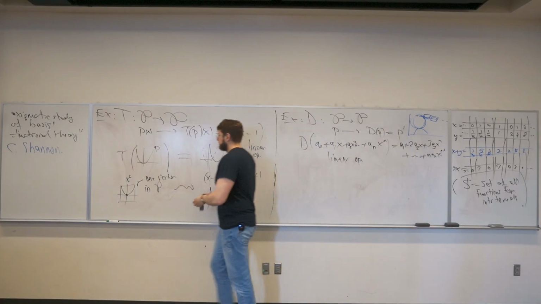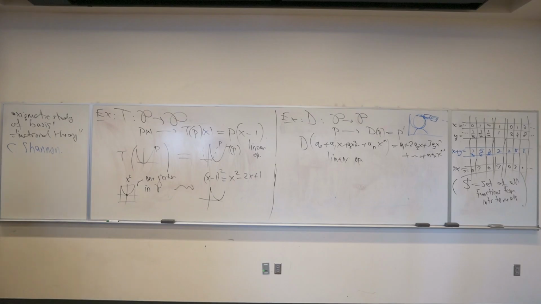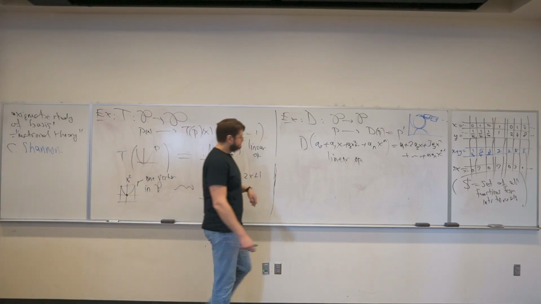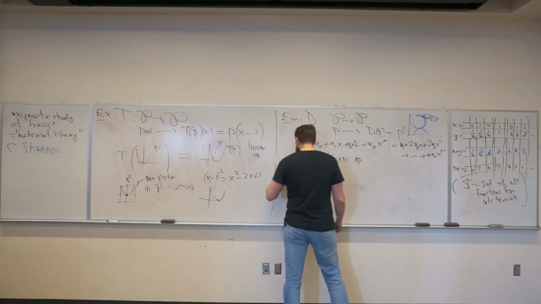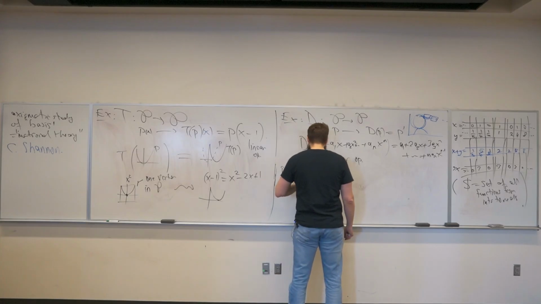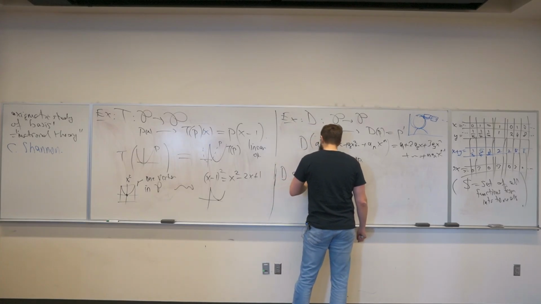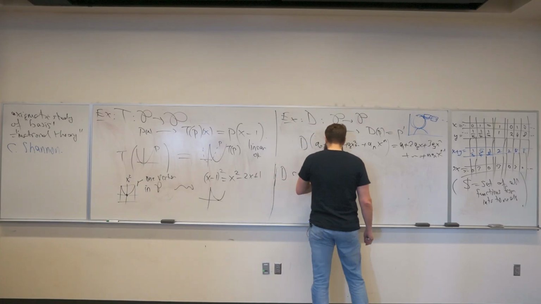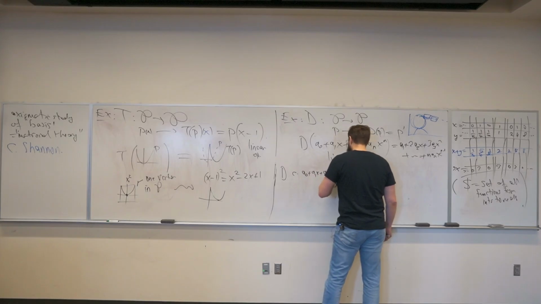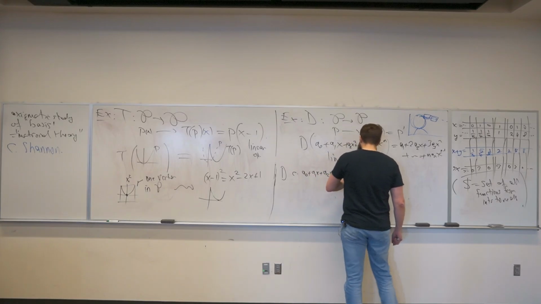So your colleague is questioning this claim I have over here that it's a linear operator. What is the definition of a linear operator? Well, it has to distribute over vector addition. It has to distribute over scalar multiplication. Okay? So if I were to scalar multiply c times a0 plus a1x plus a2x squared plus dot dot dot plus a sub n x to the n